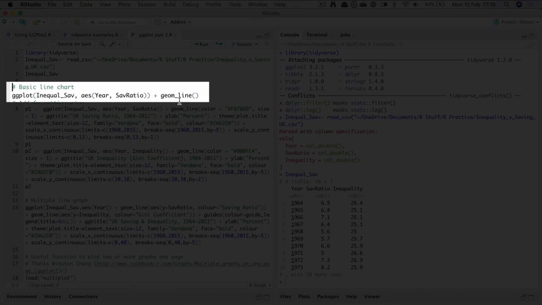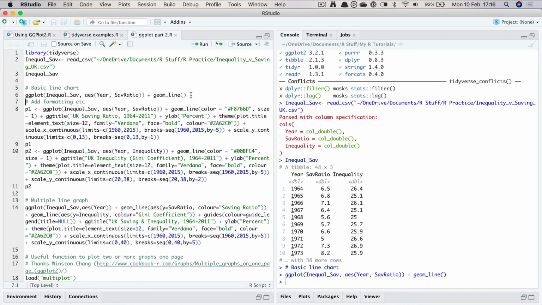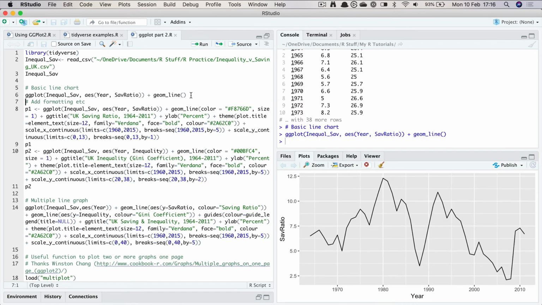And then, of course, you specify what type of graph you want with one of the geom functions, in this case geom_line. I haven't included any options for color and so on as yet, just to give you the basics. So if we run that, we get a very basic line graph, which by default, of course, is